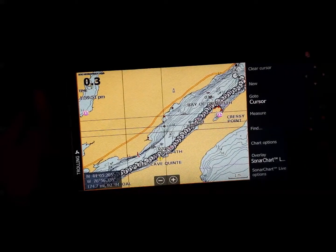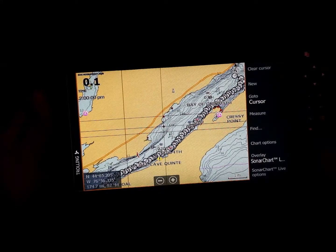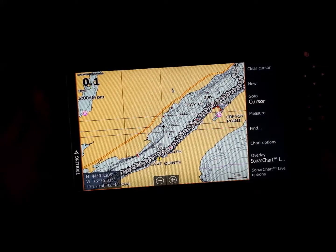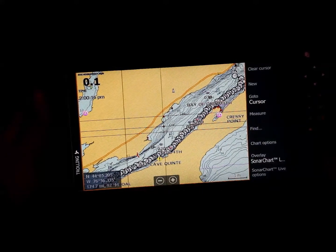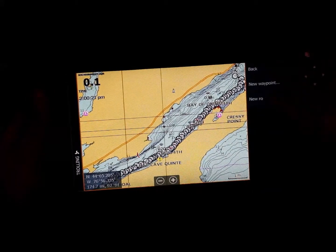A lot of people, I think, are just misinformed on how it all works with the actual link between the Xi5 and the HDS. So I just want to show what all I do, and a lot of guys also say, well, it kind of sucks that you can't follow a contour or whatnot, but I end up making a lot of the times my routes just by actually following contours, and I'll show you how to do that in a second here. So anyway, start off, we'll go to a new route,